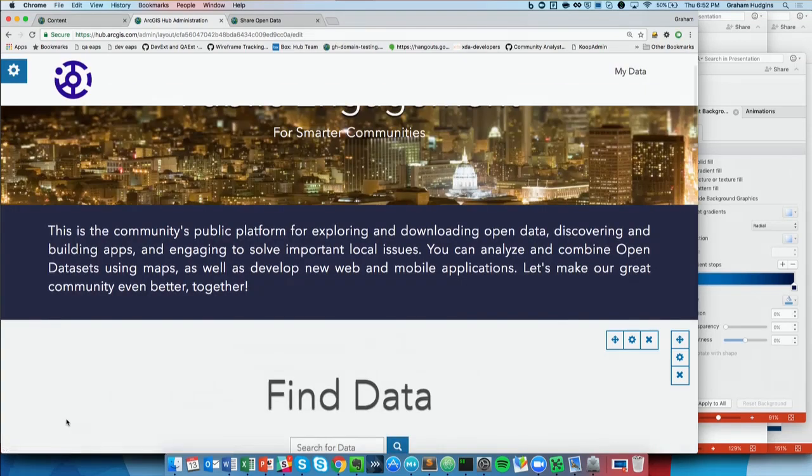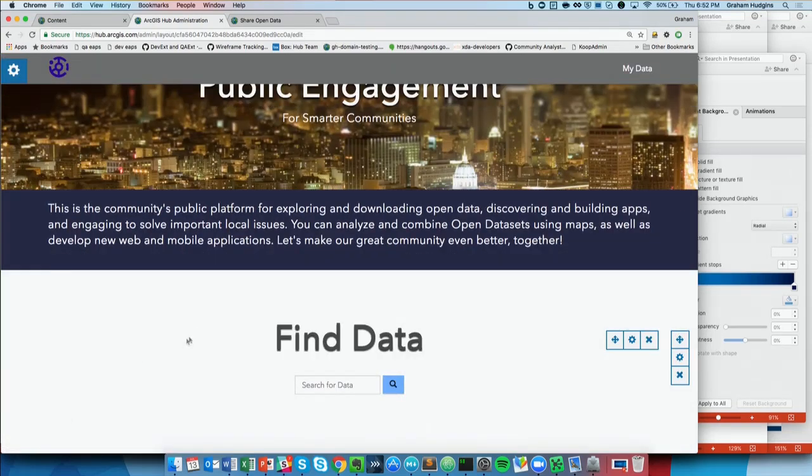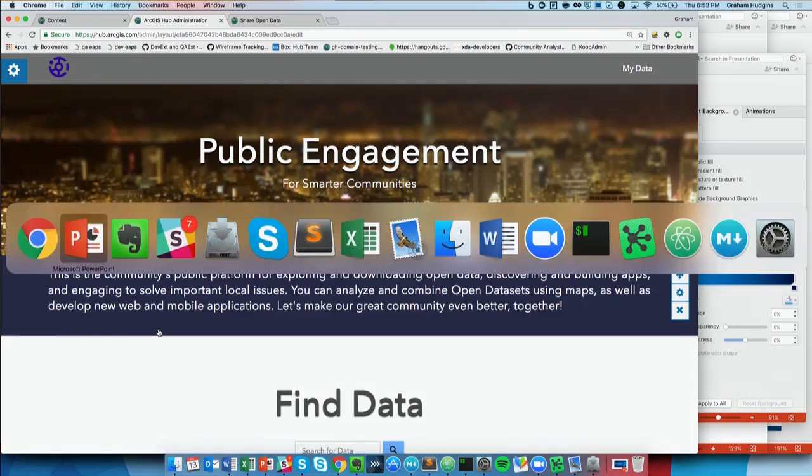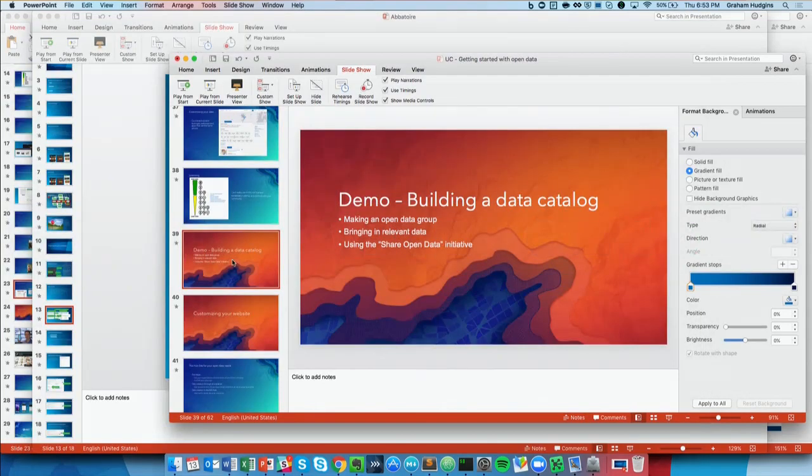When I click Next, I'm taken to the blank site here. This is the starting point if you come from the Create New Site button, and I'll tell you a little bit about this in a moment. I think I have just a slide or two about it. But first,